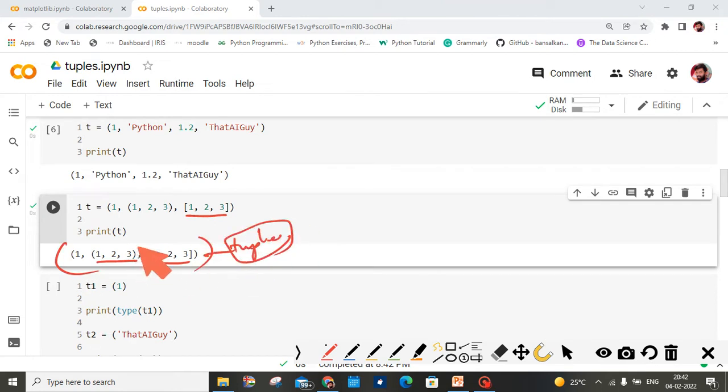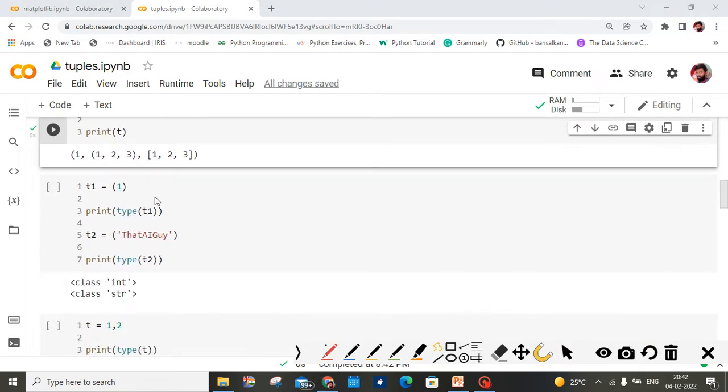Okay, a tuple may consist of tuples. A tuple may consist of lists, any data type. Okay, it can consist of any data type. Now look at another example here. This is the way we can directly pass the value of 1, and we are placing some string in parenthesis. Okay, when I print the type of this one, it is giving int. Why is it giving int? This is not a tuple.